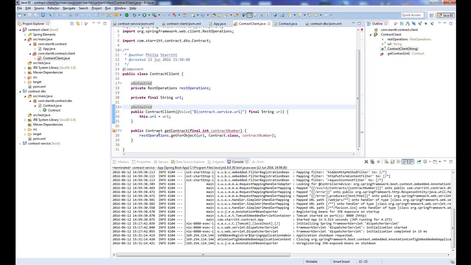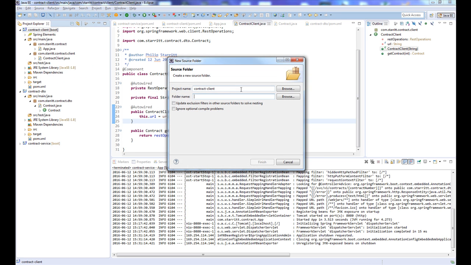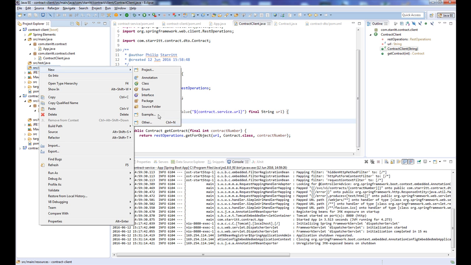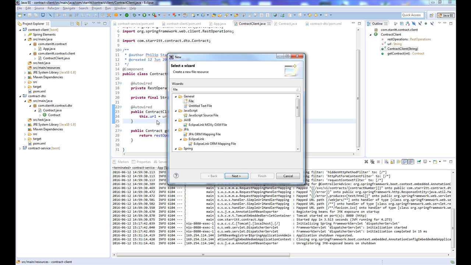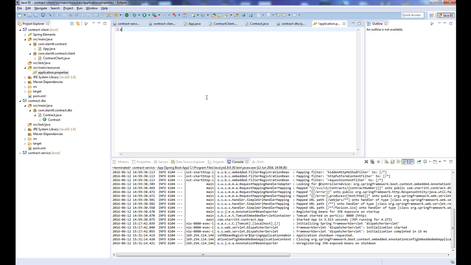Now what we need to do is actually create the source folder. So if you go in and click source main resources, everything in here will be automatically added to the class path. We're going to create a new file. That file is going to be called application.properties. First thing we want to do is give it a server port. So we're going to give it a port of 9000, as we're going to be running 8080 on the other